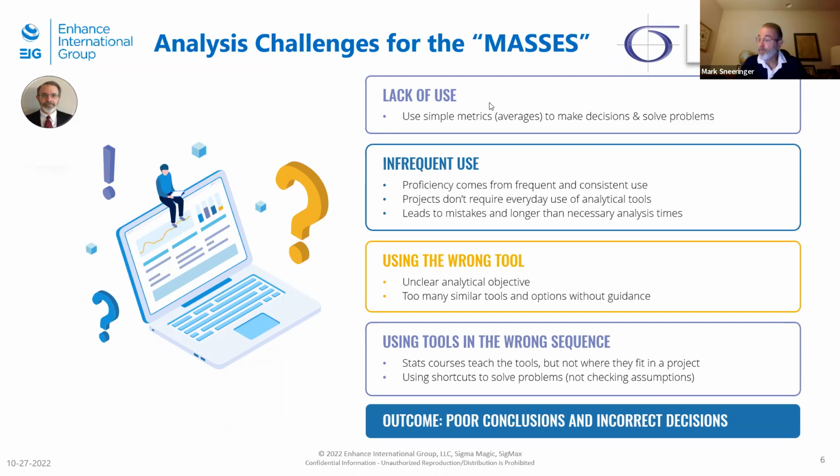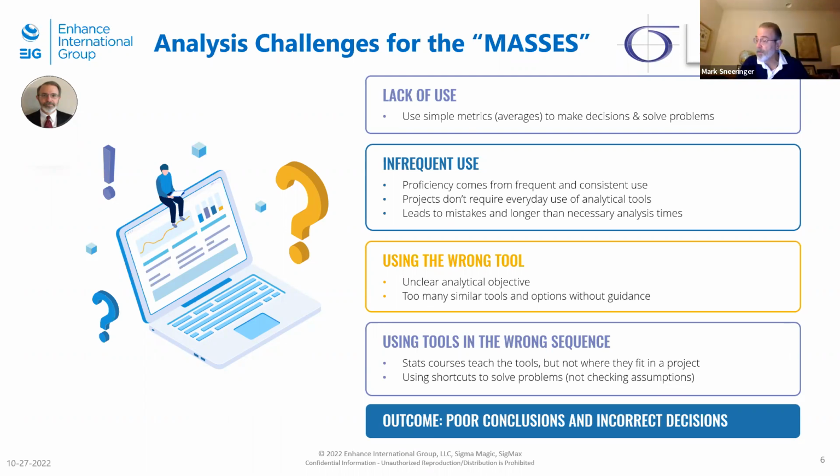Next is the fact that most people don't use statistical tools on a regular basis. They never develop the proficiency to quickly select the right analysis. And when they do undertake one, it takes a long time to work through the steps as the user tries to remember what they did the last time or what needs to be done. So this infrequent use often leads to using the wrong